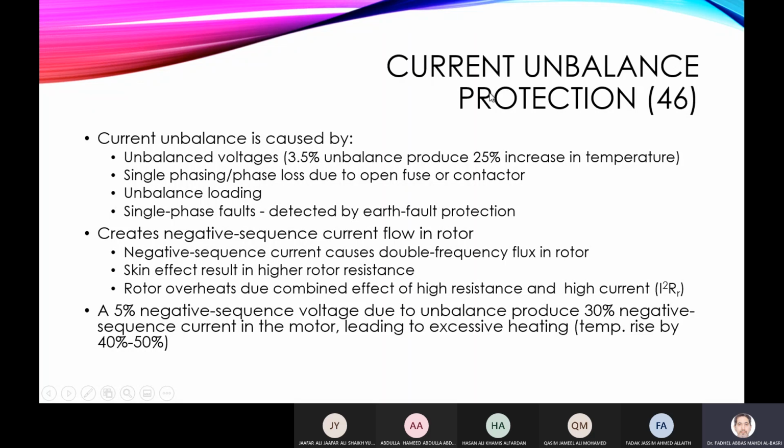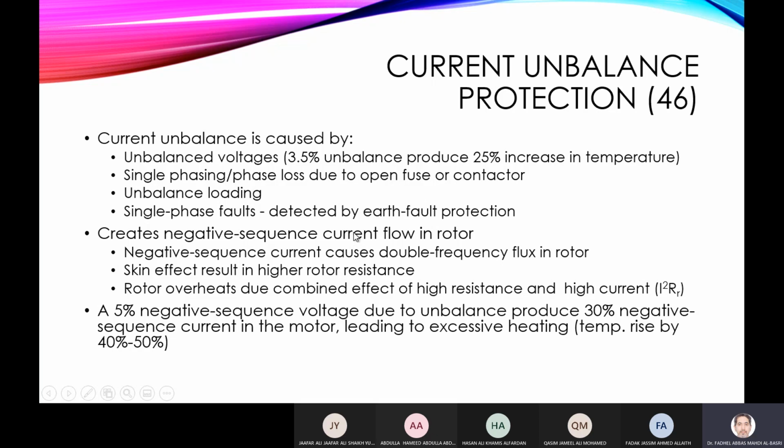The old way is to measure the difference between the magnitudes of the currents. Let's say if you lost one phase, it will be zero, and the other phases will have high current, let's say a 70% increase, and this is an indication of loss of phase. Okay, and you can take action. But the more sensitive way than using the magnitude of the phase current is to use the negative sequence